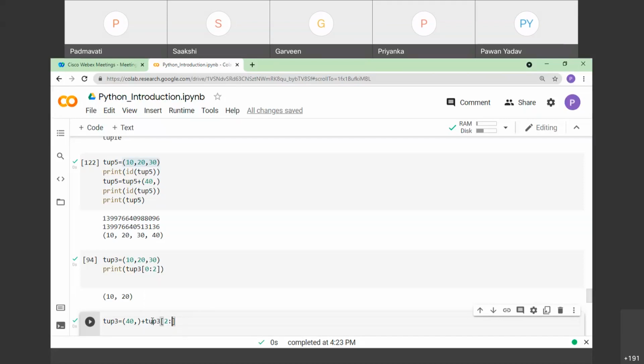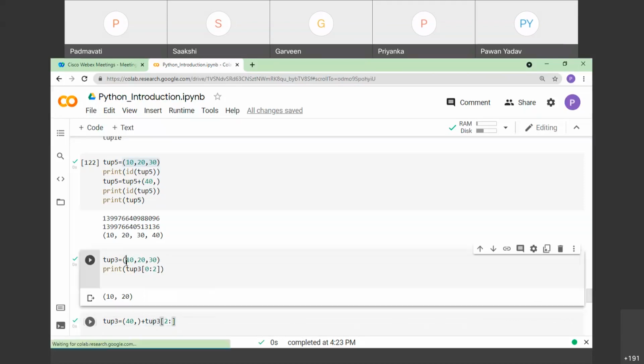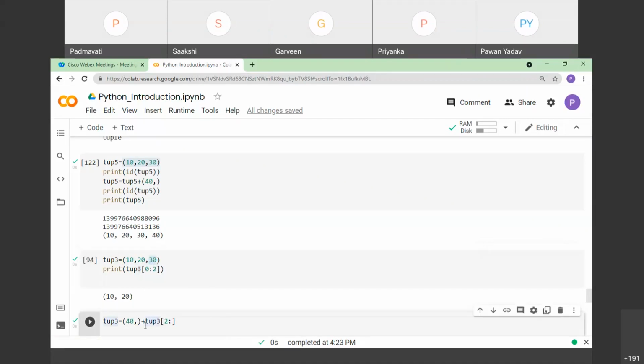So let us see what is there in tup3. In tup3, this is the zeroth index, this is the first index, and this is the second index, right? So for this concatenation, the first tuple is 40, which contains one element, 40.